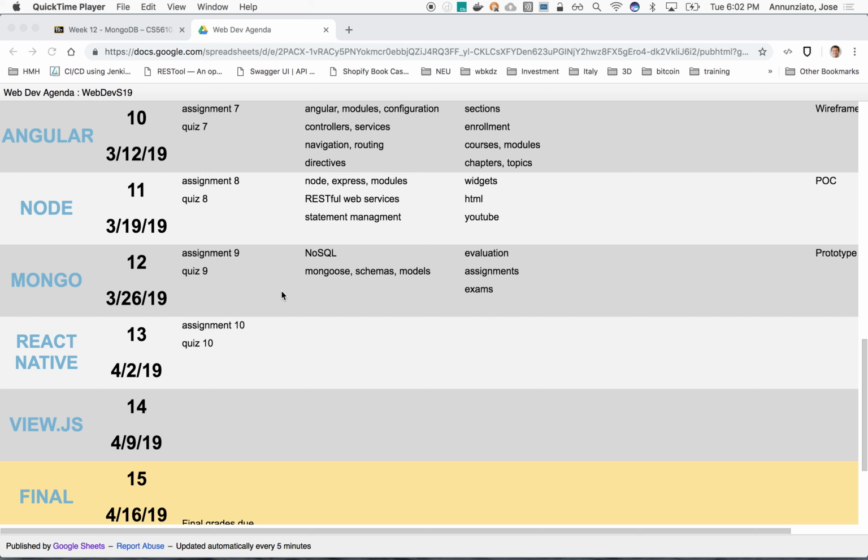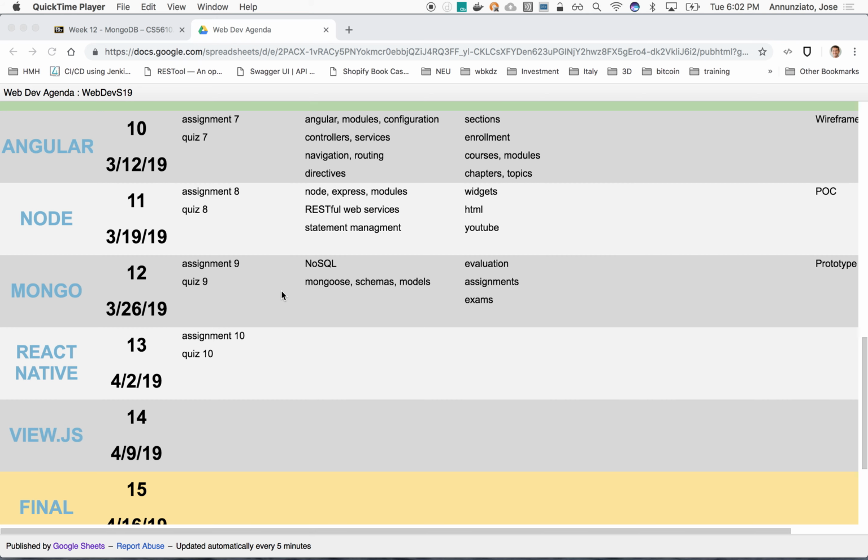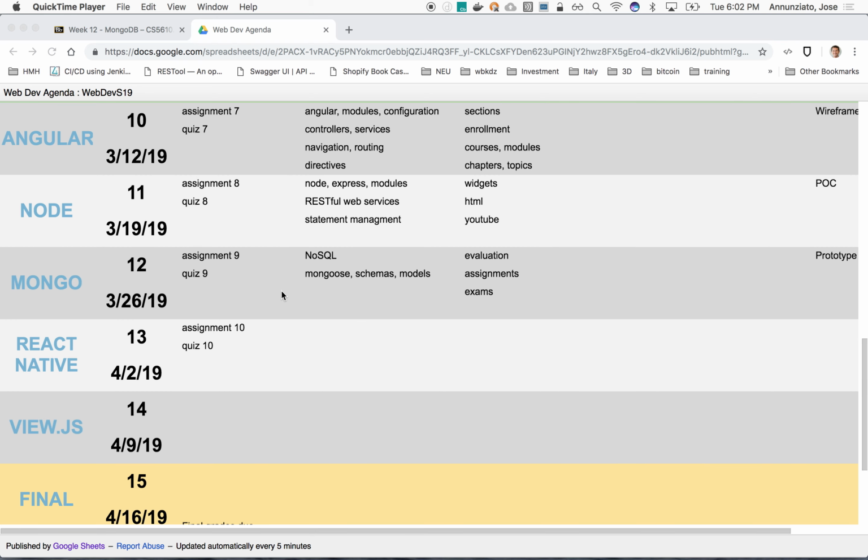Let's see, where are we? Right, so let's see. We had just started